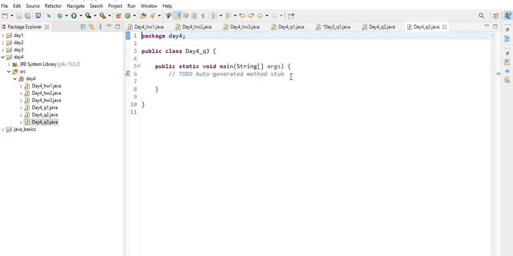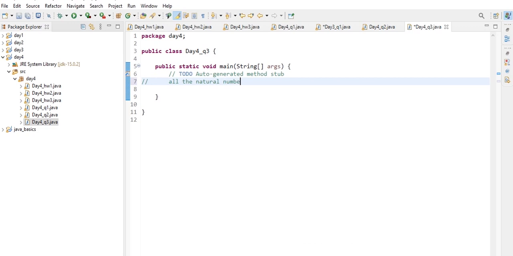And here our class is created, so we are printing all the even numbers between 1 to n.